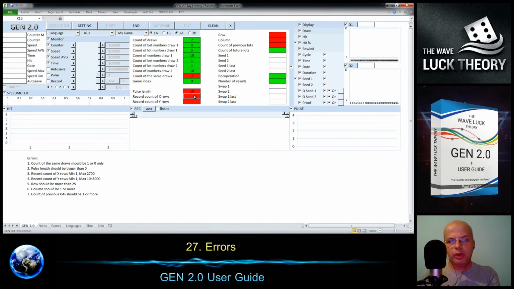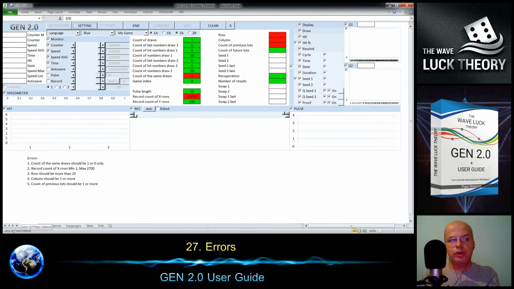Then if the number is too big, it should be from 1 to 2700, or this one should also be bigger. So I will put some big number and some small number, and here you see it is only this one error, and here you see the gene setting error.